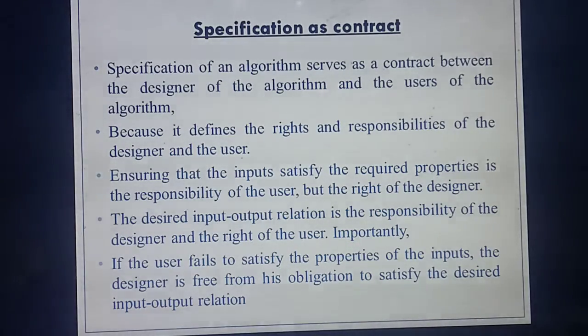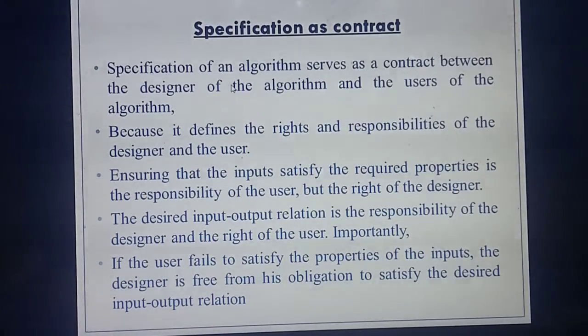So the owner of the house, or the person who wishes to build the house, has the rights to say all his wishes or all his needs, my house like this, to the builder. That's the rights of the user. So what's the responsibility of the builder or engineer? The builder needs to satisfy all his requirements. Understood? So this is the concept. Now read. Before studying this one, please just think of this example, then you will understand.